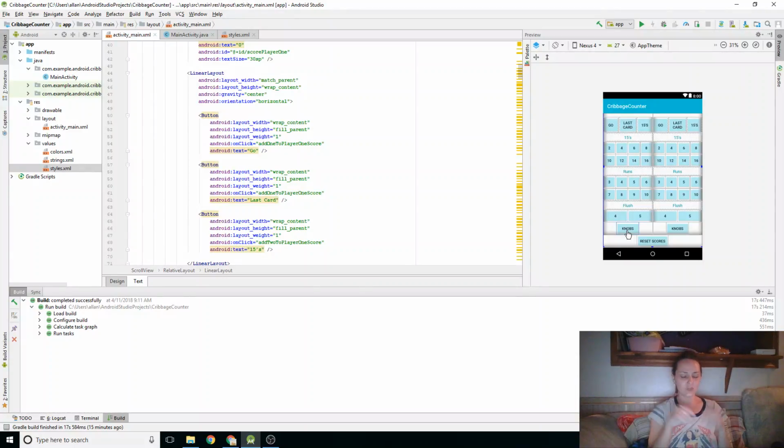When the jack in your hand suit matches the card that was cut, you get 1 point for knobs. So the best hand in cribbage is 29 points. That would be all the 15s and all the pairs,